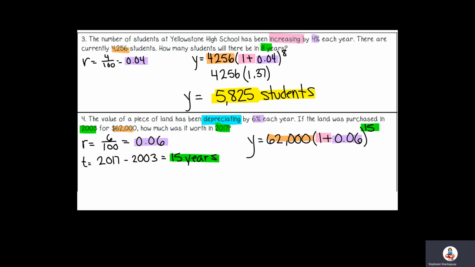All right. When I do 1.06 and I do the x to the y, and I raise it to the 15th power, I get 2.39. Or, yep, 2.40 is what that really rounds to. And 2.4 multiplied by 62,000 is equal to